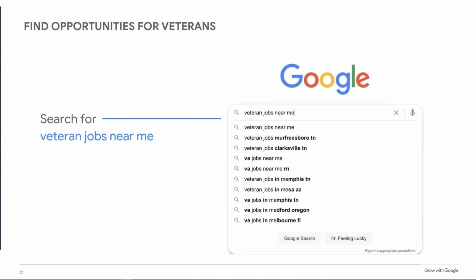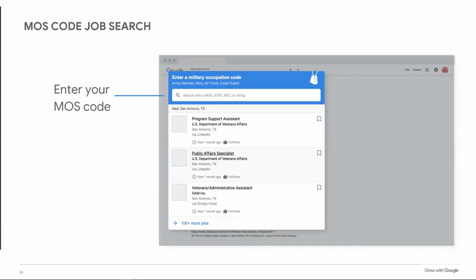Okay, so for our veteran opportunities, Google has a separate search engine, for lack of a better term, within their search engine for veteran opportunities. So if you've been in the military and you are now looking for a job, or you're currently in the military looking for a job, if you put in veteran jobs or anything like that within the Google search, again, they're looking for that keyword, veteran specifically. Then it will kick you over into the veteran search option.